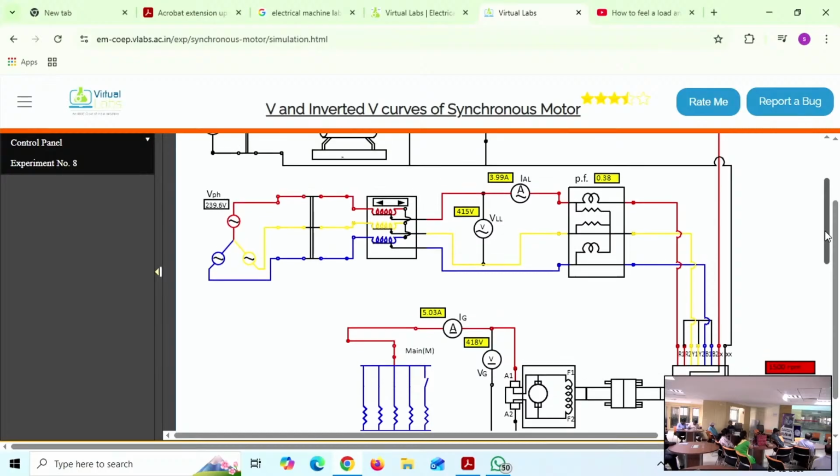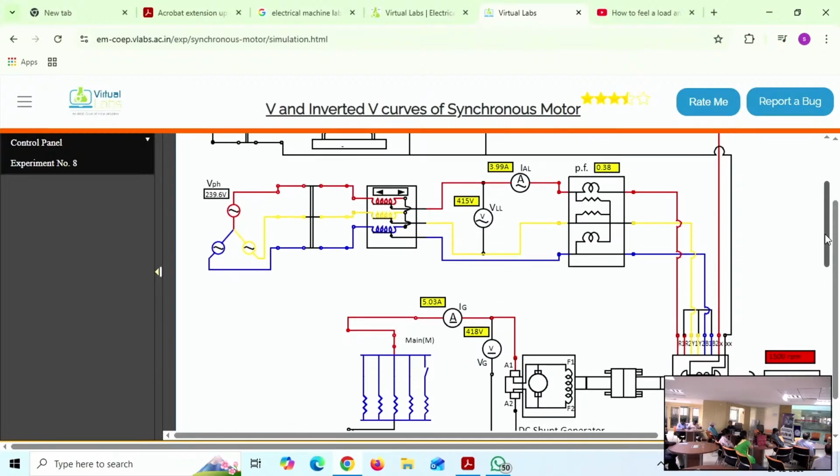As we are discussing the experimental procedure of conducting the synchronous motor test to find the characteristics between the field excitation and the armature current, as well as the power factor caused by it. Usually, if this experiment is conducted physically, there are a lot of things to get to know about how the synchronizing happens. During synchronization, what care has to be taken? But anyhow, we'll assume that all the necessary conditions are taken care of. Then, how to make students familiar with conducting this experiment without any